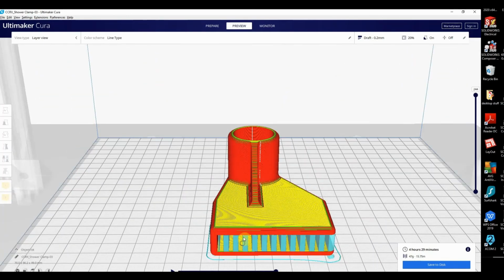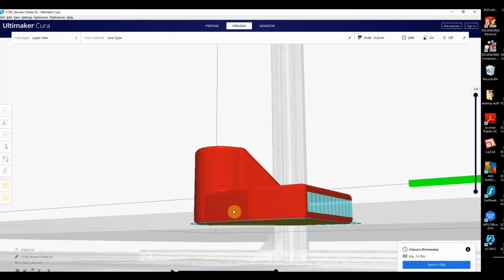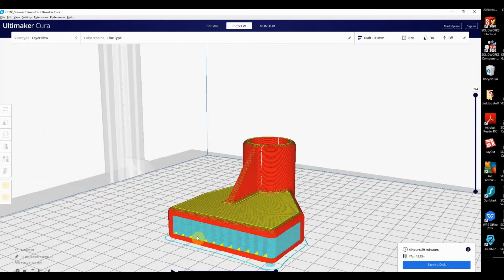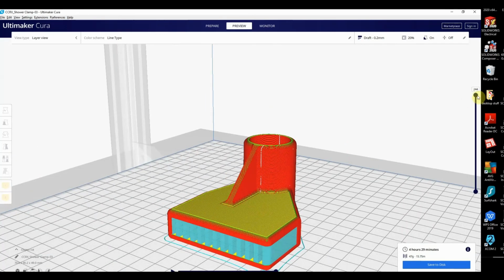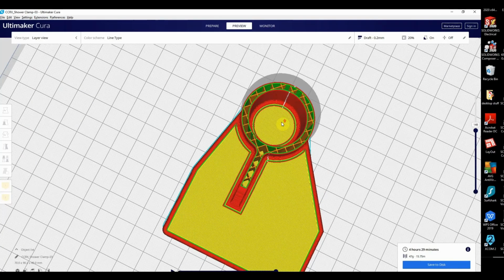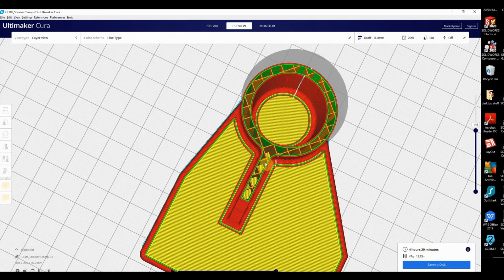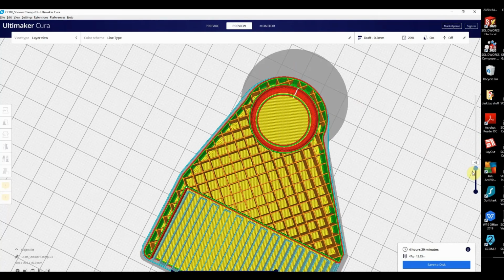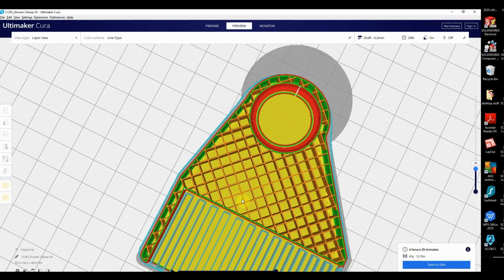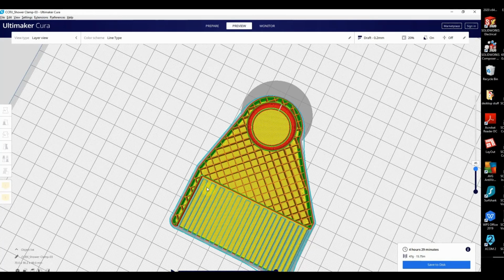So Cura now has taken the program and taken the STL and sliced it into this feature to show us what it's going to look like. And here we can drag down the layers of the print, and you can see internally here is the inner structure, which I've got set to 20%, but we can up the percentage of that to make it denser in its packing, and we can also change that shape from a hashing or a crosses to